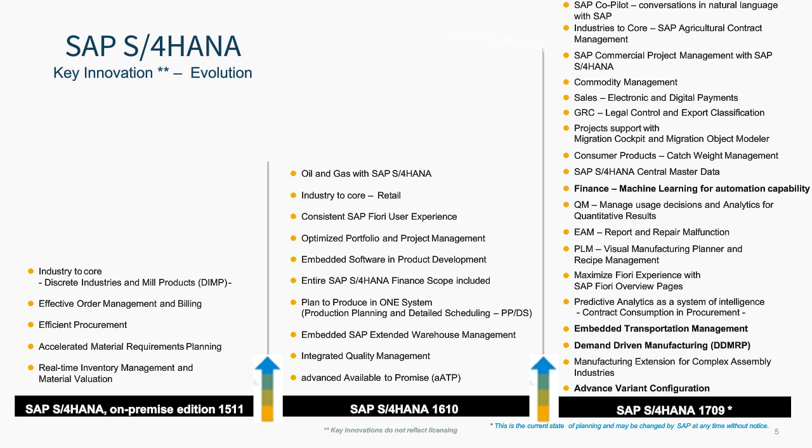So this is just comparing some of the initial benefits of going with 1511 versus moving to 1610, and then finally with 1709 as it comes out next month. And I bolded a few examples here. For example, in finance,